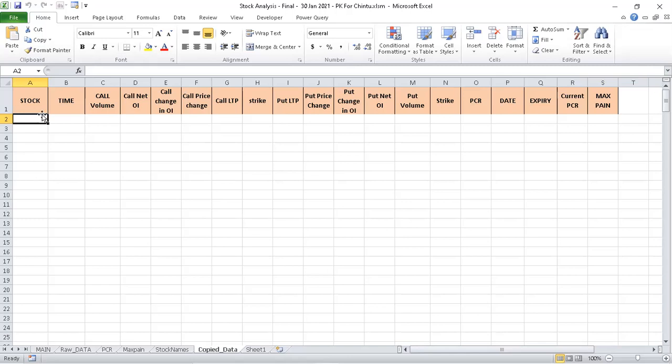Now that would help you to filter and see what was the PCR at a relevant point of time. And that analysis probably will also help you to see the intraday market movement, which is happening. And this data can be retained for weeks. So that is something which is very unique, which was not there in the earlier versions.